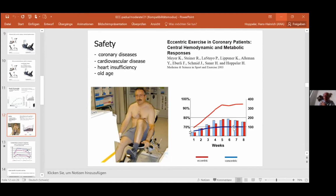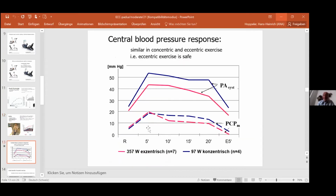And you can see again that the concentric patients worked at approximately 100 watts, while the eccentric patients worked at 350 watts. In this study, as you can see here with this patient, we monitored pulmonary artery pressure and pulmonary capillary pressure under load. And you can see that the pulmonary artery pressure, blue is concentric, red is eccentric work, is not significantly different over the whole period of exercise of 20 minutes here. And therefore, I think we can consider eccentric exercise to be safe, at least with regard to the central pulmonary